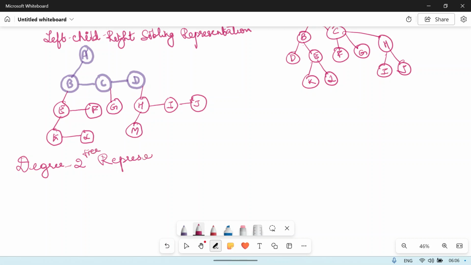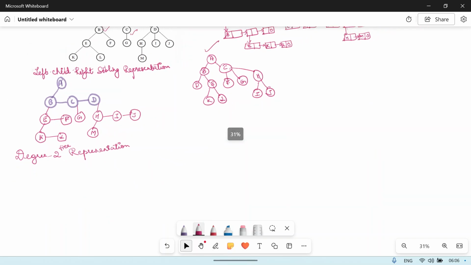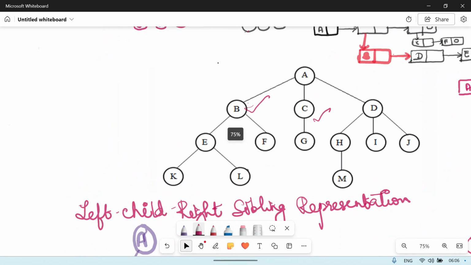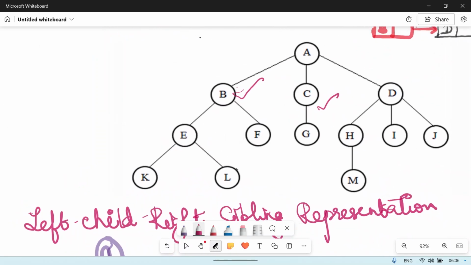I'll take the same tree, that is this one, and I'll try to do the degree 2. See, the idea is what you do is, take the root,